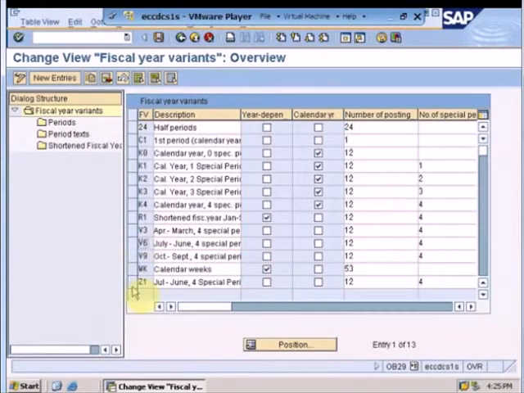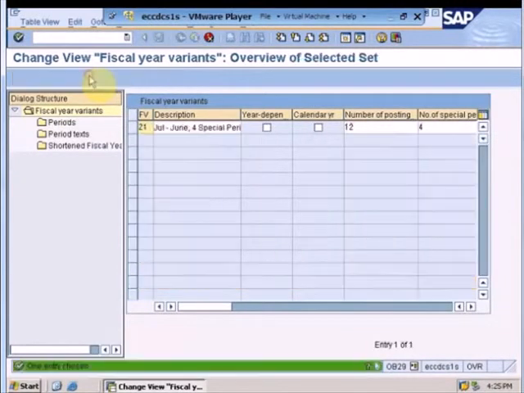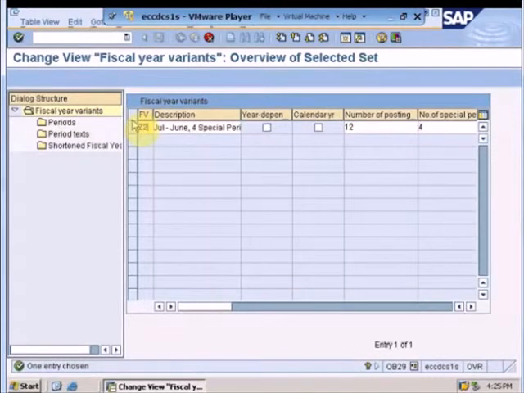As you can see, we have already created a fiscal year with the name of Z1, that is July to June. We just click on it and we copy it, and let's name it Z2. Now, since we have to keep this year independent, by not checking this box, the system will automatically assume it is a year independent fiscal year. By not clicking over here, the system will automatically assume that this is a non-calendar fiscal year. We will give the number of posting periods over here, which are always 12 in fact, and the number of special periods, which are 4. We can have a maximum of 4 special periods.